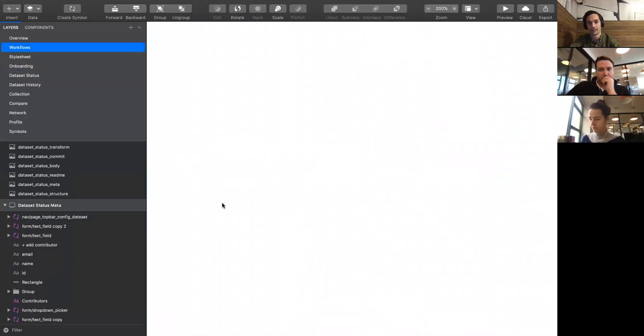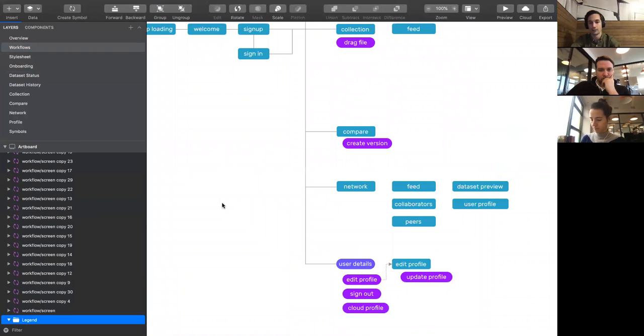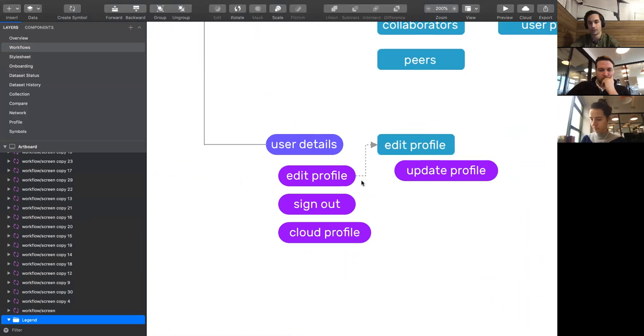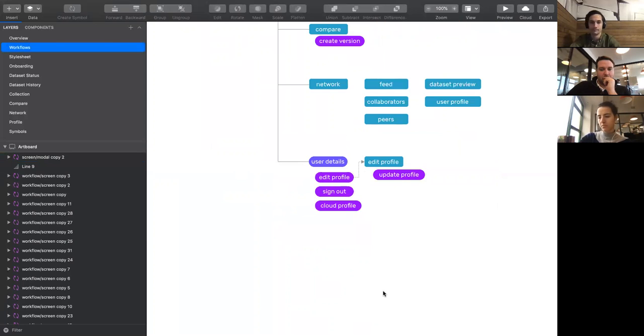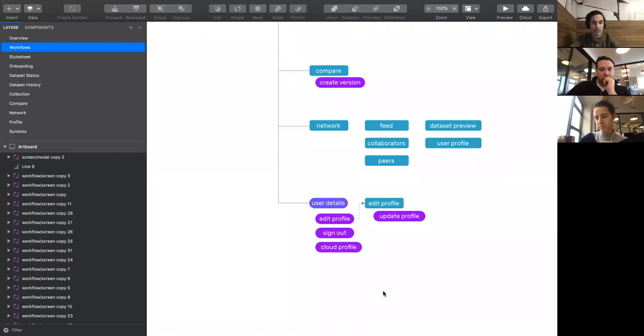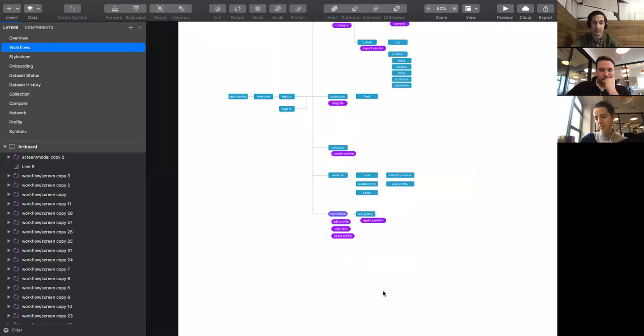As an example of that, you can edit your user profile, which will take you somewhere. The only thing you can do from the user details, however, is, so this is a modal. From this modal is edit your profile, sign out, and see your cloud profile, as we've been talking about before. But to me, the big question that I'd like to tackle today is this